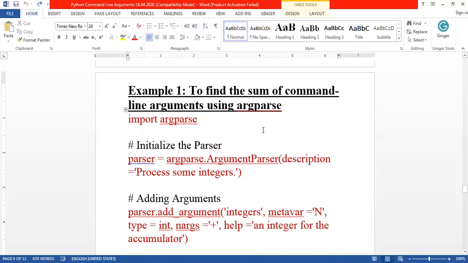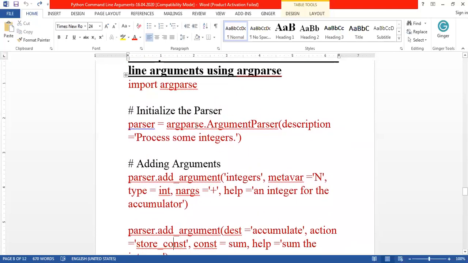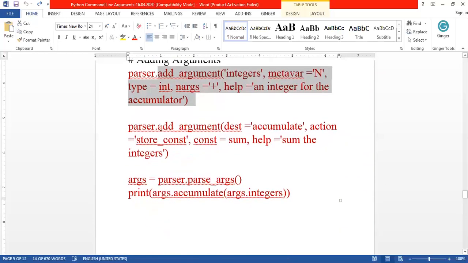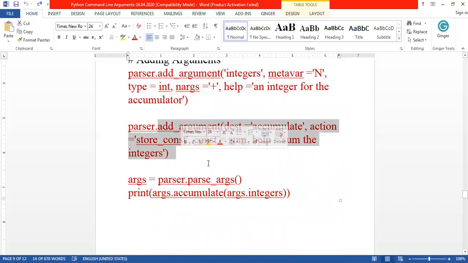So first, initialize the parser object, that is nothing but creating the parser object. Then add the information about arguments to the parser object. Then add the information about what action has to be performed on the parser object.